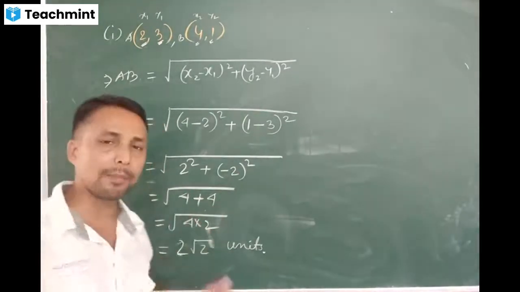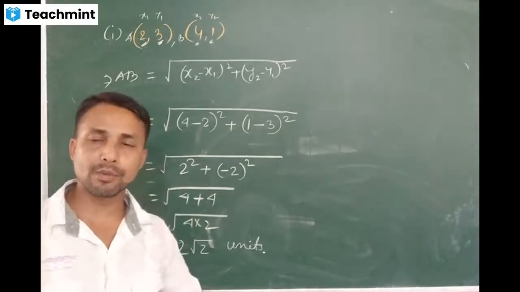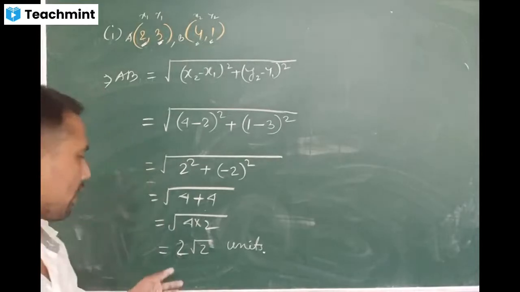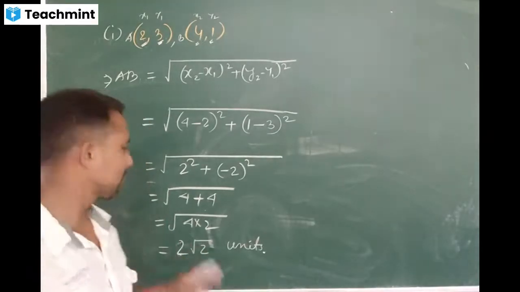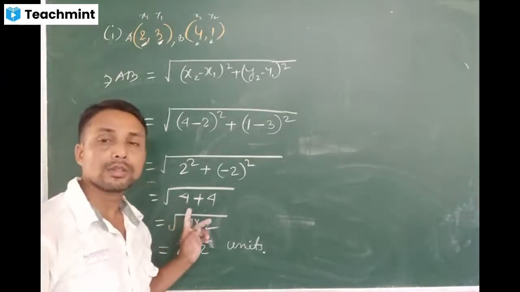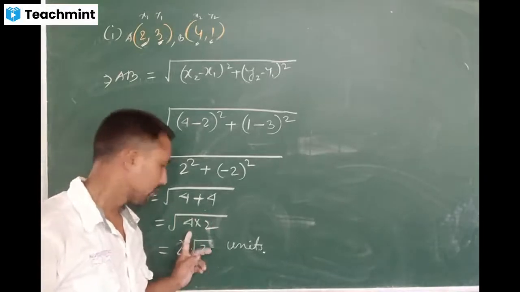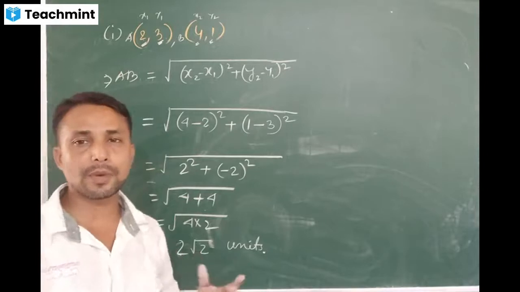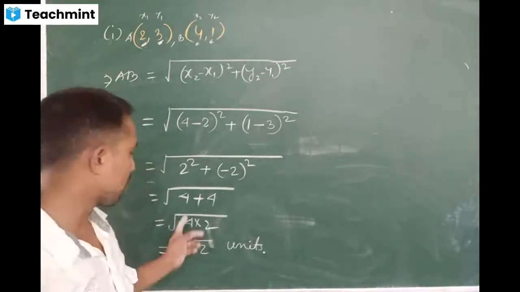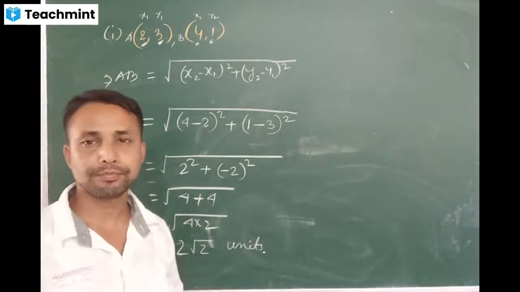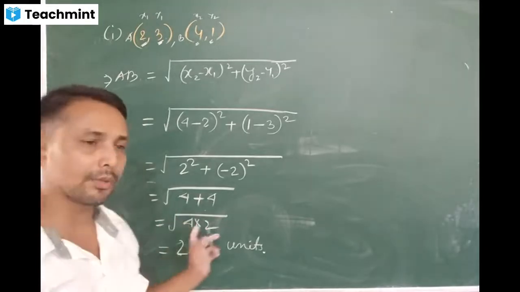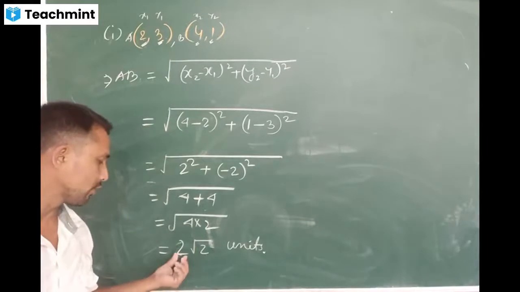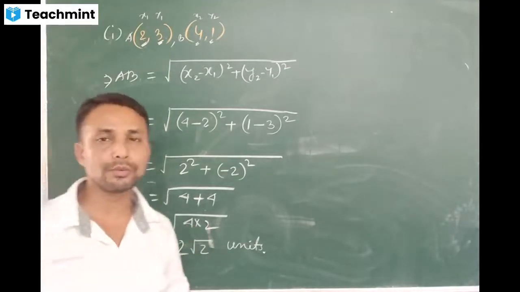When we write 8, we have to break it again. 8 is equal to 4 into 2. Since 4 is a perfect square, instead of writing it that way, you can convert the sum to multiplication. Like x plus x is equal to twice x, so 4 plus 4 is equal to twice 4. 2 into 4 is equal to 8, same thing. So the square root of 4 is 2, and we have root 2.